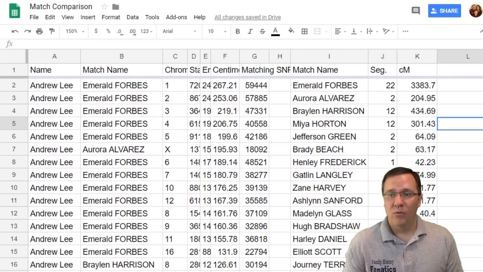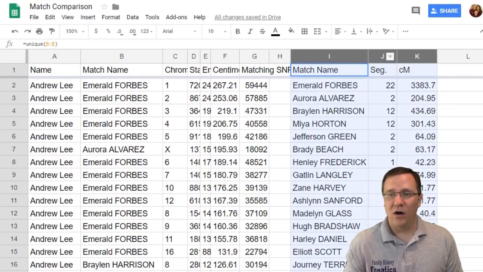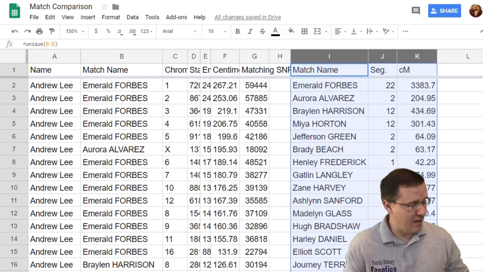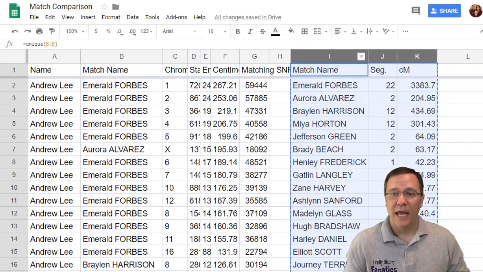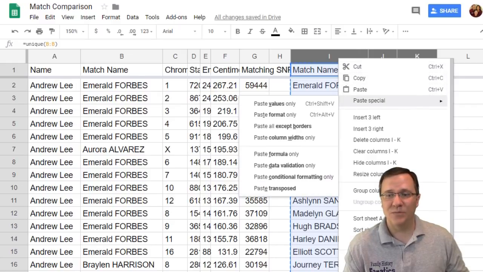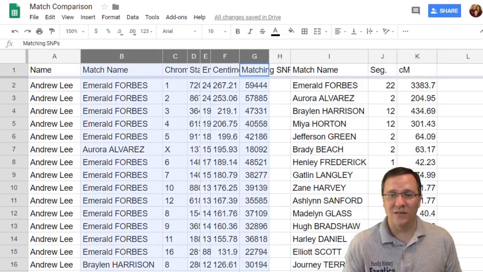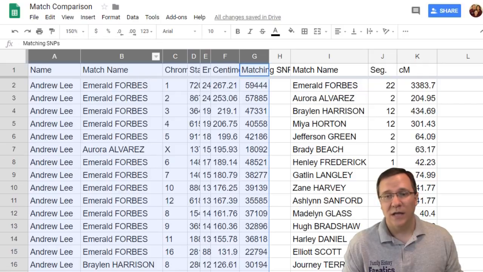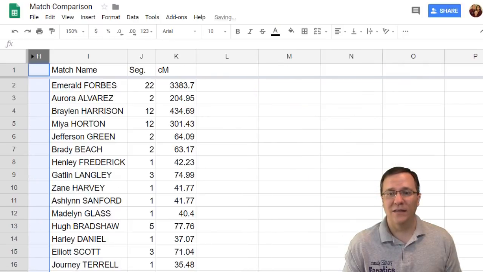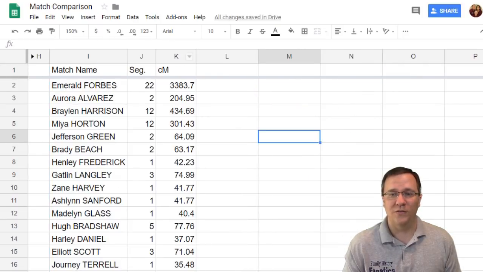And so now I actually want to take all of column I, all of column J, and all of column K. I'm going to copy them, and then paste them in the same spot, only I'm going to paste the values only. That way I will be able to sort this and change this around as I need to. So paste those values, and if I want to delete this information, I can. Or if I want to just hide this information, I can hide it, so I'm just working with this.